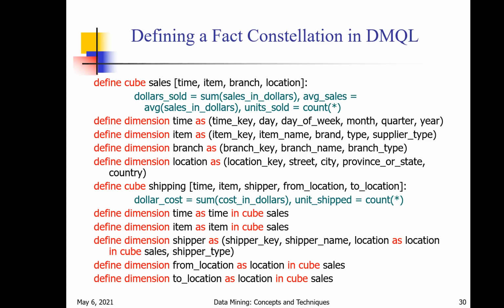This is about how to write code in data mining query language for these three schemas: star schema, snowflake schema and fact constellation schema. This is about the schema design of data warehouses. So this schema design is nothing but the designing of data warehouses. Using this schema design, we will design how to represent the data. Using that design, again we will store the data in a data cube.